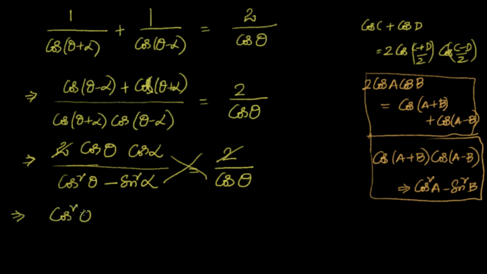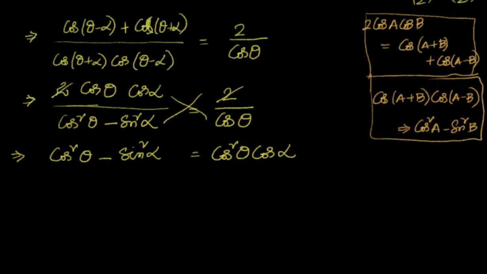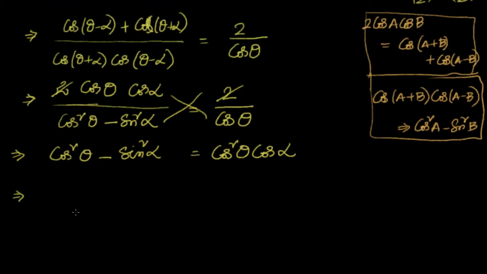Cos square theta minus sin square alpha into 1 equal to cos square theta into cos alpha. Now I want to bring theta one side and alpha one side. So I will bring this here and take it that side. This becomes cos square theta minus cos square theta cos alpha equal to sin square alpha,